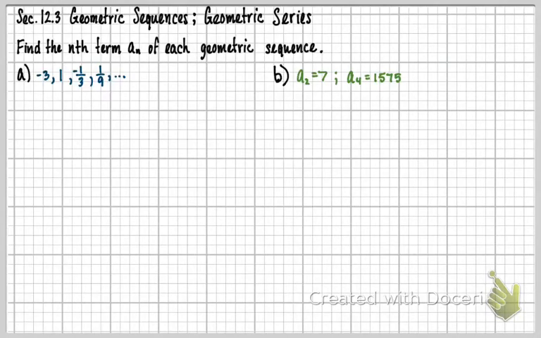Find the nth term a sub n of each geometric sequence. So right away they tell us this is geometric, so that tells us there is a multiplier. Then we're going to times by each of these numbers to get the next one. So I need to look at this and say, hey, what am I going to multiply -3 by to get +1? Now again, the first thing I'm going to kind of set aside from this is these negative, positive